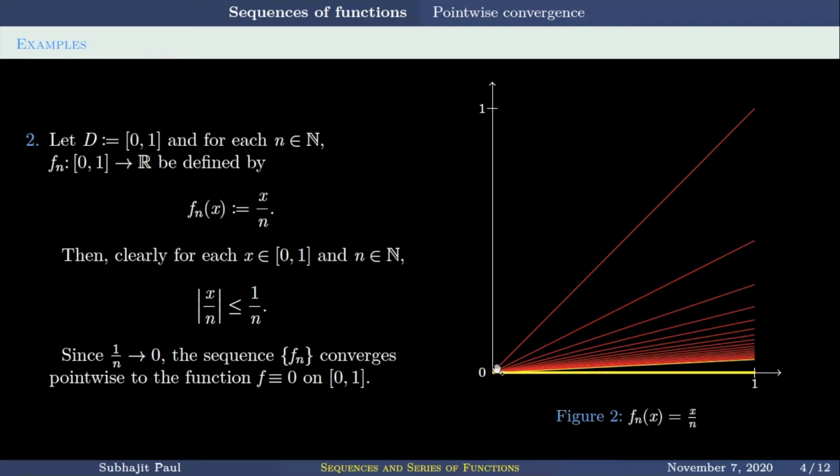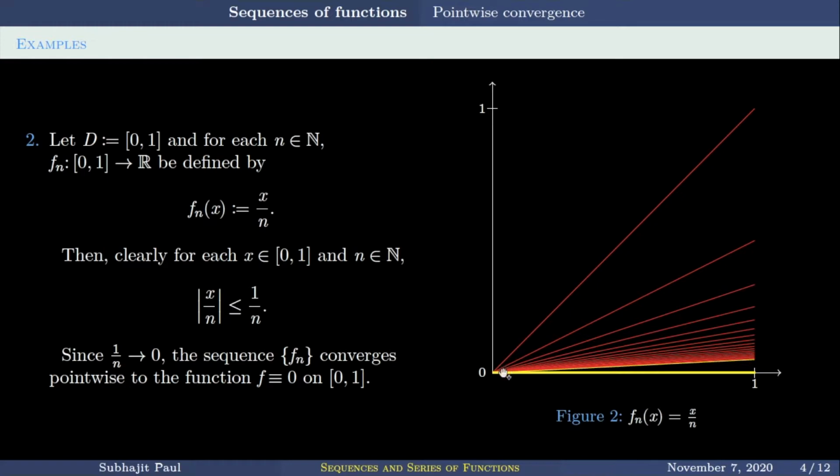Something to talk about pointwise convergence here. We were talking about pointwise convergence from the last class. Now let's see here graphically what this means. As we have seen in the last class, the convergence depends on the point chosen. So this is my limit function over here in this example. The limit function is f(x) equals 0. Now to be epsilon close to this function, let's say the height of this hand tool I am waving over here is my epsilon. So f(x) plus epsilon is this band over here. If I slide my hand tool along the line x equals 0, whatever band you get, that is my epsilon distance.